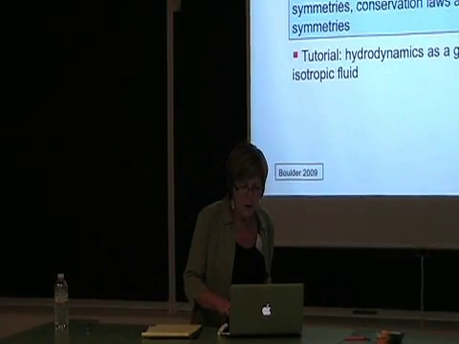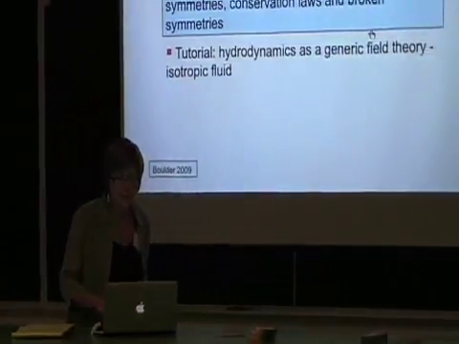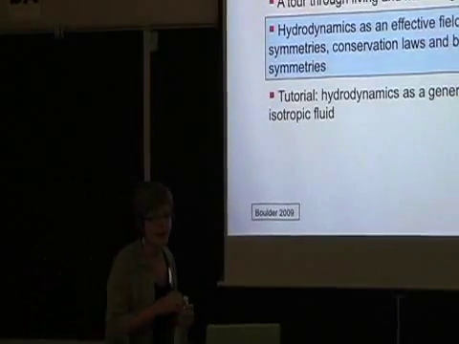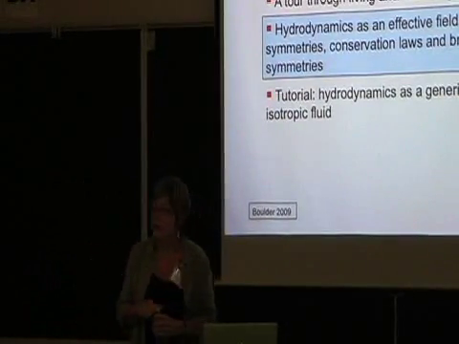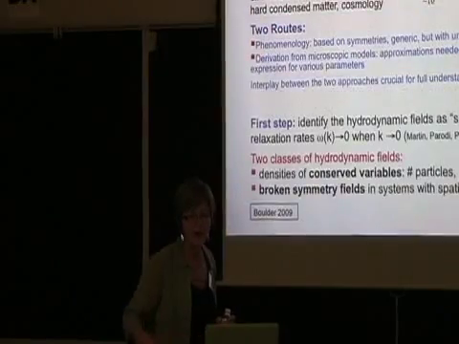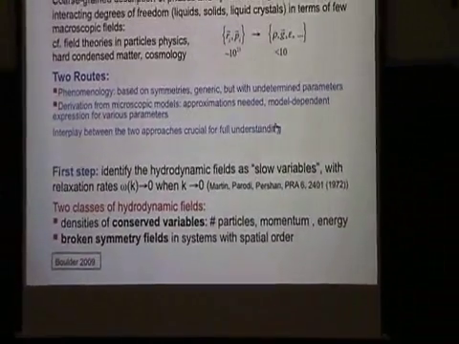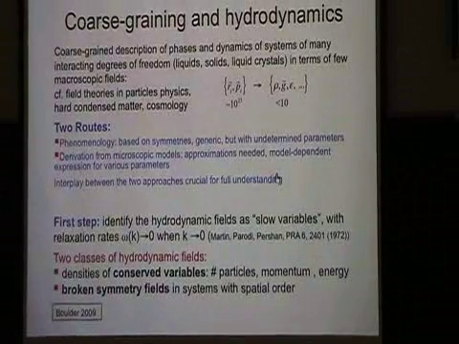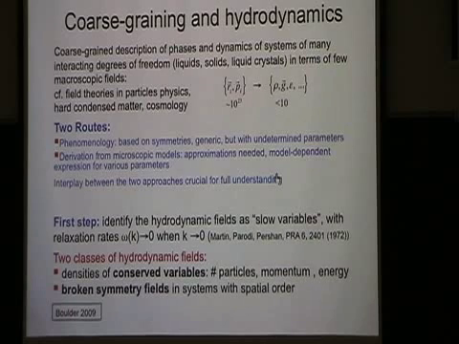Okay, so what I'd like to do now is remind you a little bit about some things that you probably learned in some statistical mechanics classes. I'm using the word hydrodynamic here in a rather general sense. As I said, it's an effective field theory used to describe the behavior of a system composed of many interacting degrees of freedom, 10 to the 23, and you do some type of coarse graining, and you go from the many interacting degrees of freedom to a description in terms of a few fields or variables, maybe 5, maybe 10, certainly far fewer than 10 to the 23.